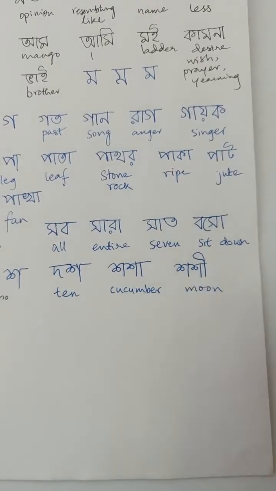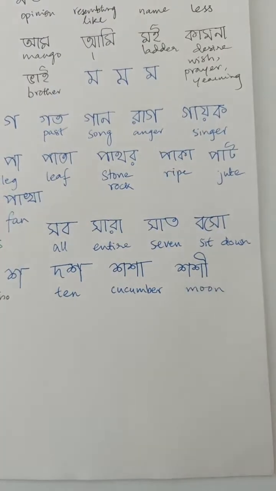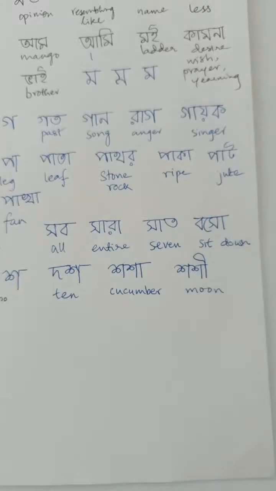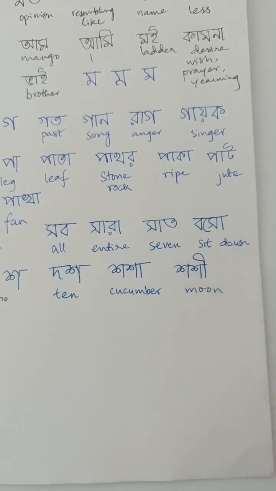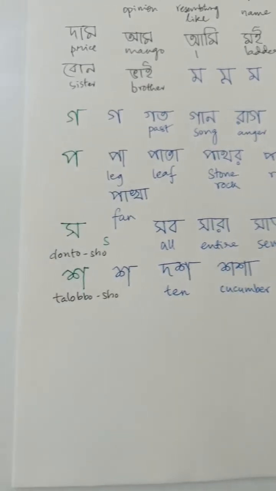Because if the letter is by itself, we know that it has a inherently with it, like ka, kha, whatever letter we have learned. Right now we learned ga and pa, sha, ma, all these things. So all letters have a inherently added with them. So that is why I'm reading like this. If any word has just the sha, then you read it as sha, shoshi. All right. Now the third sha